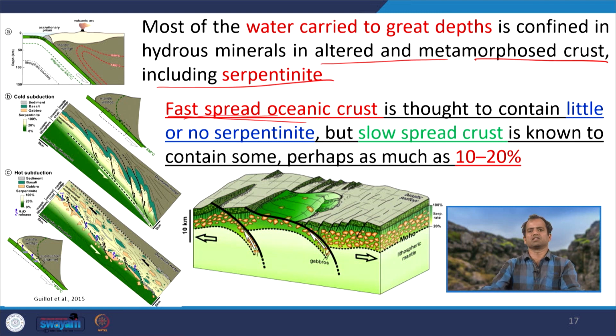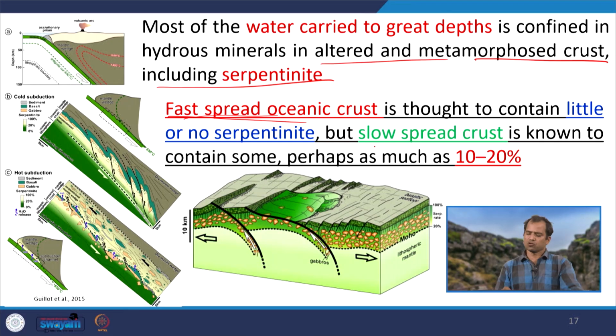In fast spreading ridges, there is less chance that it will be highly serpentinized, but in slow spreading ridges it is getting enough time to serpentinize itself, because it is a slow spreading ridge, that means more interaction from this oceanic water and more water will ingress inside. But if it is a fast spreading ridge, that means suddenly it is spreading and it is going down at a higher speed. So, there will be less interaction with the surrounding water system. So, that is why the fast spreading ridges are less serpentinized as compared to the slow spreading ridges. Slow spreading crust is known to contain perhaps about 10 to